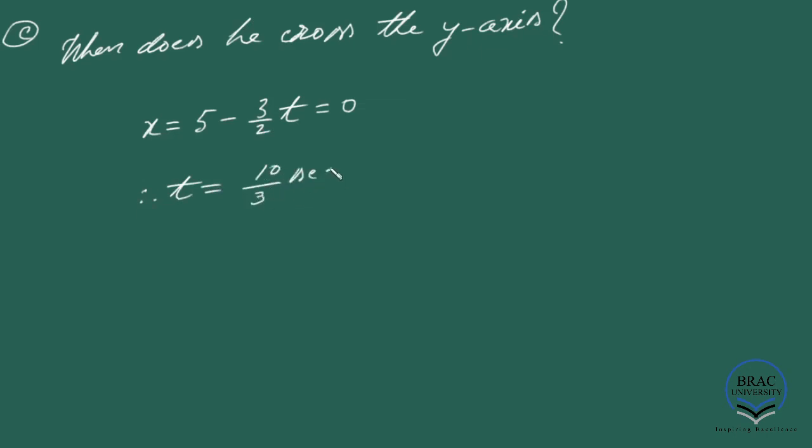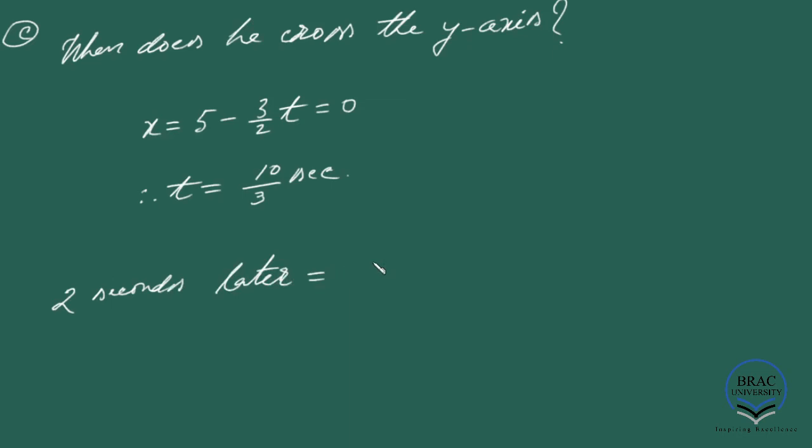So this is the time that we get when he is crossing the y-axis. Now he drops his wallet, not at the y-axis, but after 2 seconds. So 2 seconds after crossing the y-axis, he's dropping his wallet, right? So the time after 2 seconds, 2 seconds later,